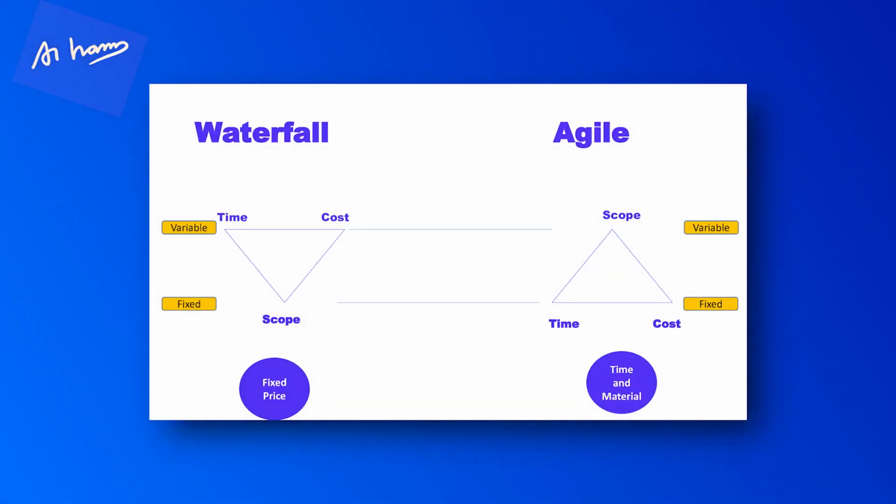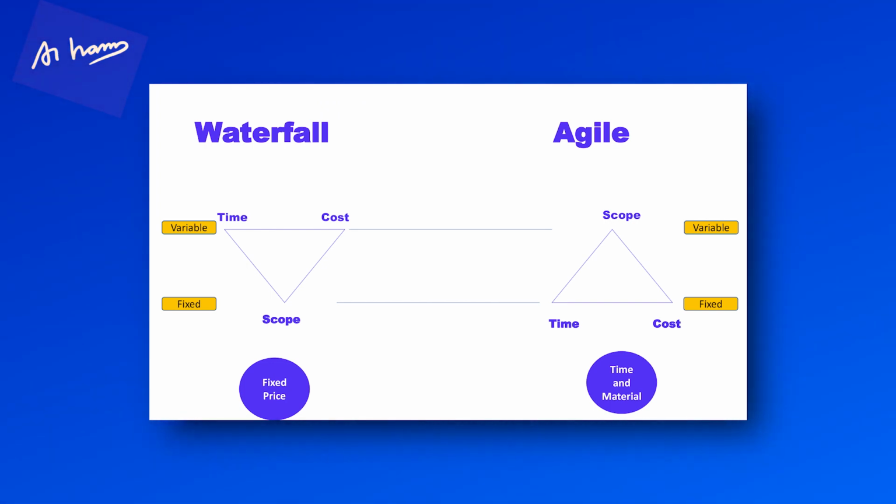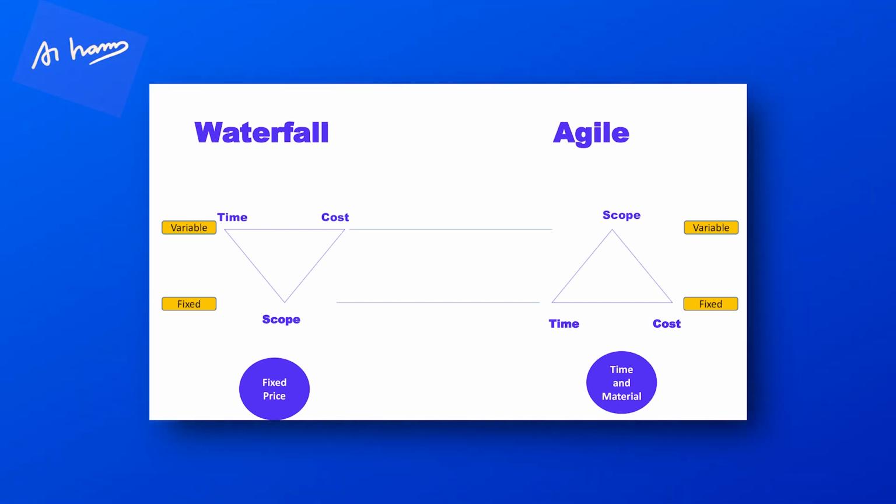That's the waterfall model. In Agile, the scope is variable, but time and cost are fixed. Time-boxed sprints, cost is fixed. For this much money, this much work we will do. You're changing scope, no problem. Something else will be added, same amount of work. Something for 10 days will be removed, something for 10 days will be added. But the time and the cost will remain fixed in Agile.